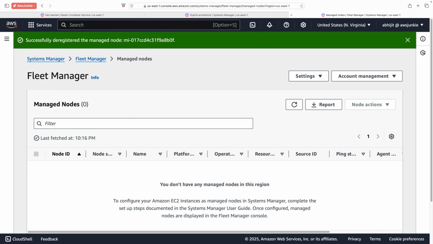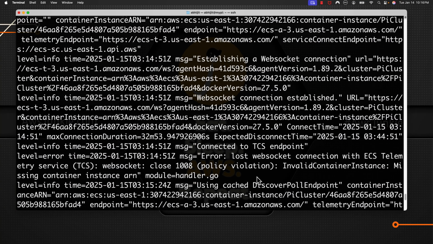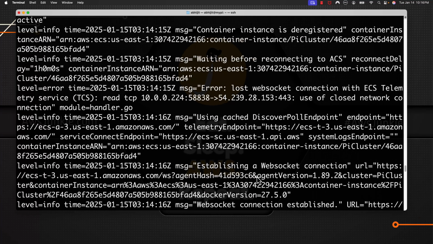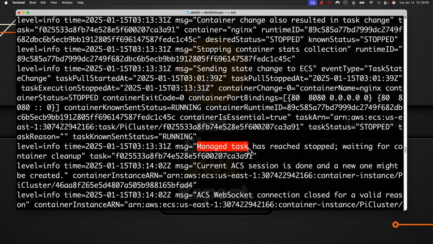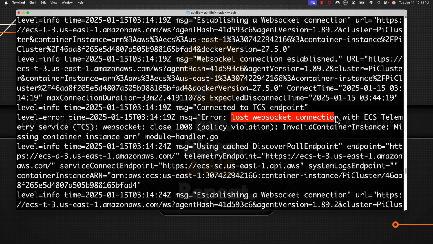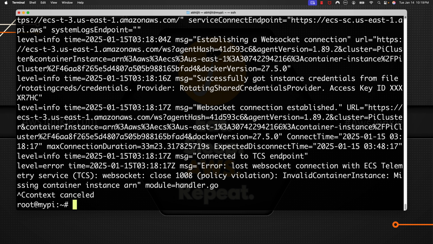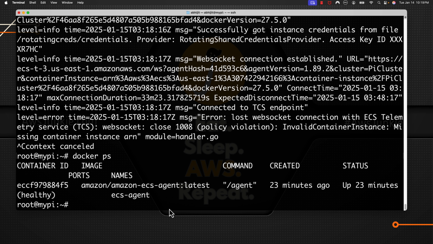Deregistered. Now let's go back to Pi terminal and let's check what happened in last few seconds. So we can see container stopped. Managed task has reached stopped. Lost WebSocket connection. Invalid container instance. Let's Control C. Docker ps. So we can see agent is still running. So we can manually kill this Docker process. Docker kill